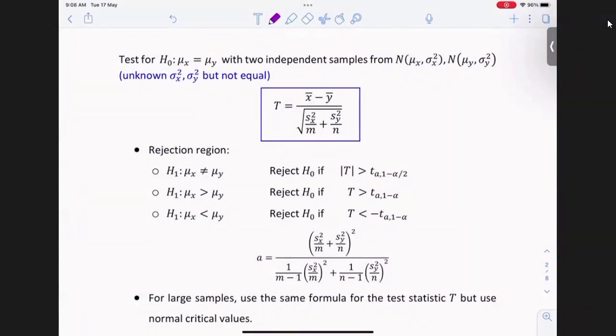But this time, the degree of freedom needs to be approximated by a complicated formula. Of course, if the sample sizes are large, when m and n are large, like larger than 30, then usually this A will become also large. And these t contours can be well approximated by the normal contours. So for large samples, even if you don't know the population variance, we estimate them using the sample variance. If m and n are large, then we can also compute this test statistic and then use the normal contours